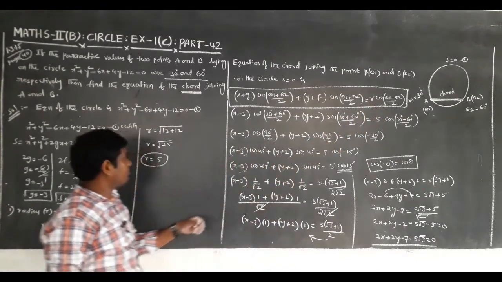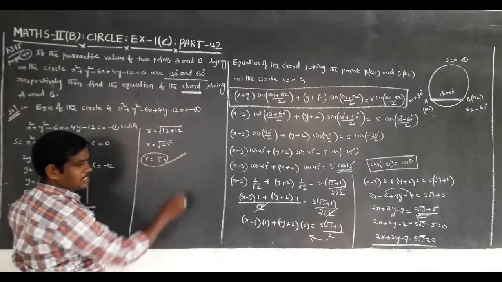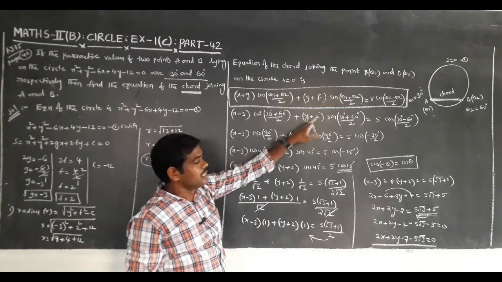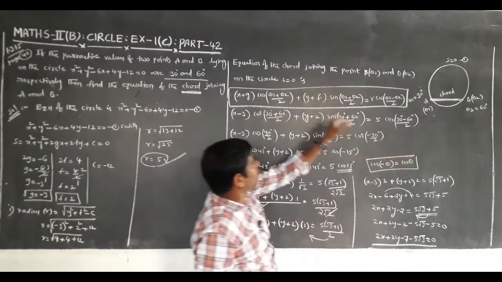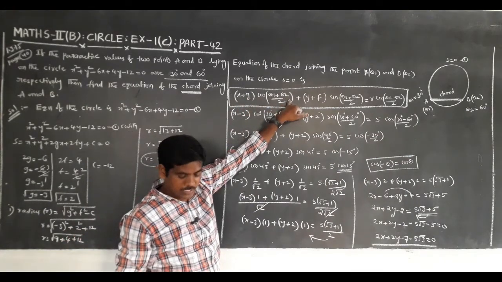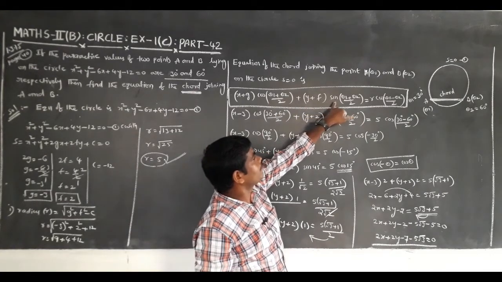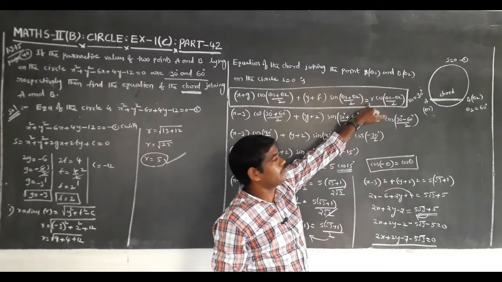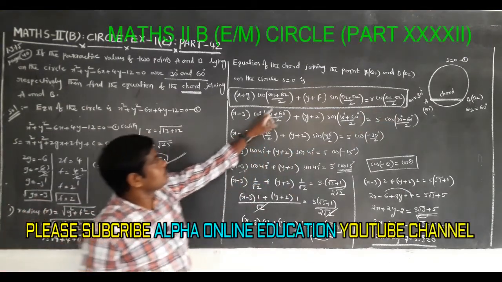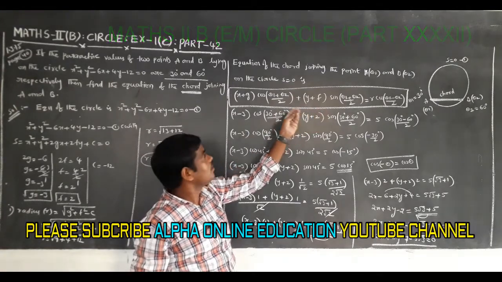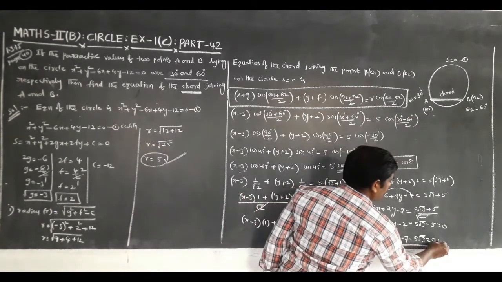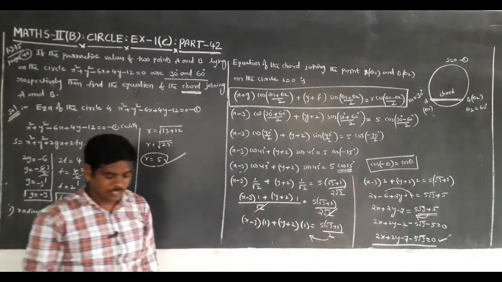First of all, here we find the radius of the circle. Here by using the formula, the equation of the chord joining the points theta 1 and theta 2 on the circle S is equal to 0 is x plus g into cos of (theta 1 plus theta 2) by 2 plus y plus f into sin of (theta 1 plus theta 2) by 2 is equal to r into cos of (theta 1 minus theta 2) by 2. Substitute g, f and r values and theta 1 and theta 2 values, simplifying. This is the equation of the chord. Thank you.